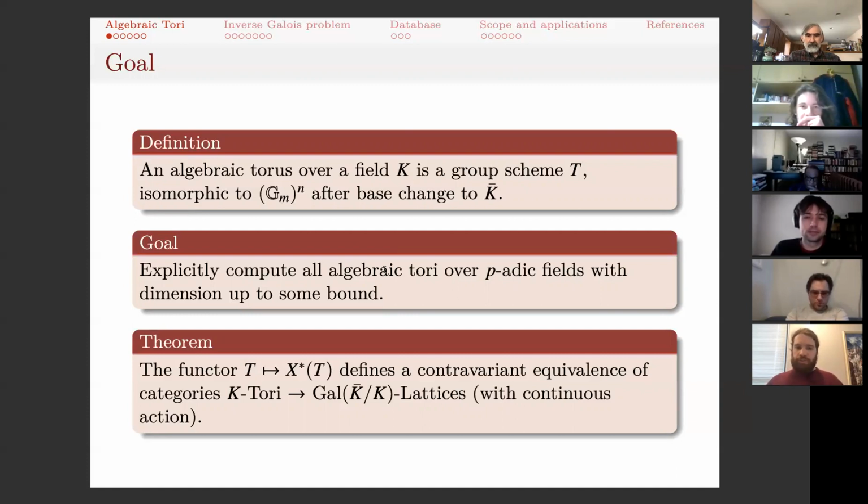What's the general approach for doing this? We have a functor from tori to lattices with an action of a Galois group given by the character lattice. So if I have a torus, then I can look at characters from that torus into G_m. And those characters, these are just Homs over K-bar, and this set of homomorphisms has an action of the